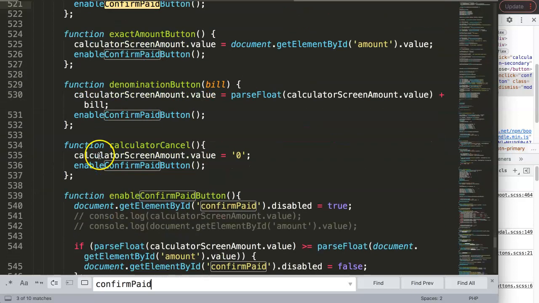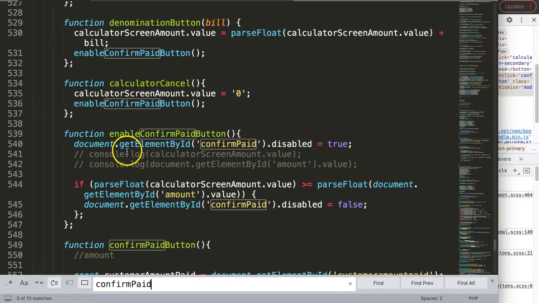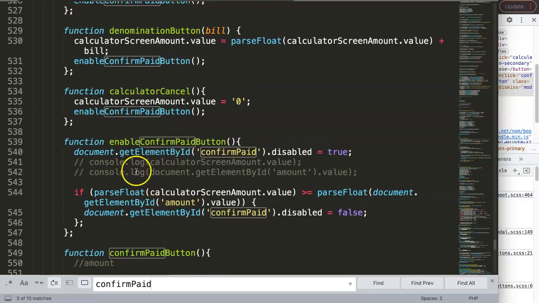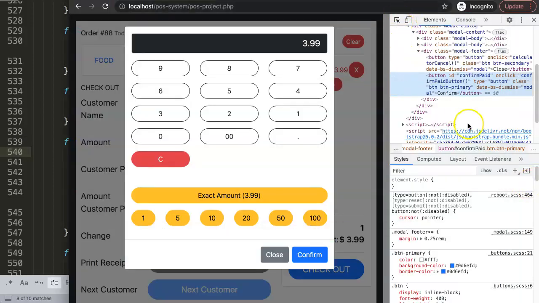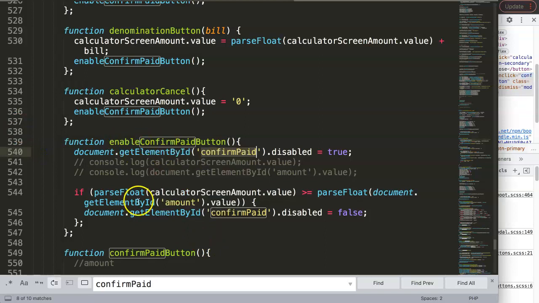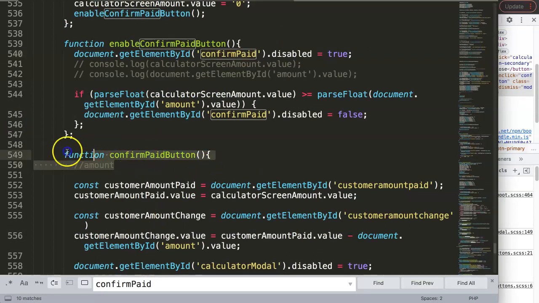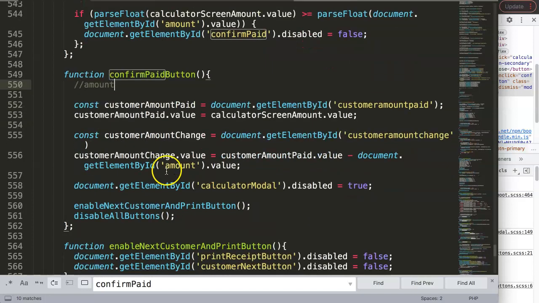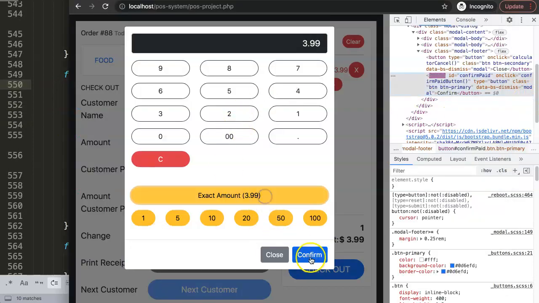Alright, this is enable. I need the confirm button. So let's look, confirm button, I guess this would be it. Enable the confirm paid button, which is this here, confirm paid, am I correct? Let's search for the function, probably that's better. Confirm paid button, enable confirm paid button, that is this function here. This is the function name, and in this function, the moment we click, we should be able